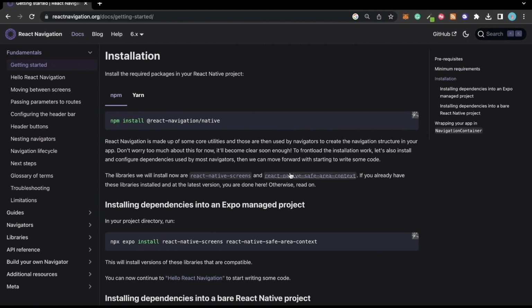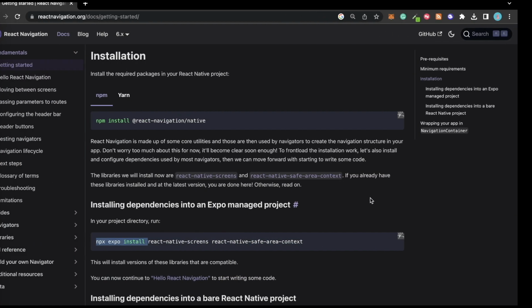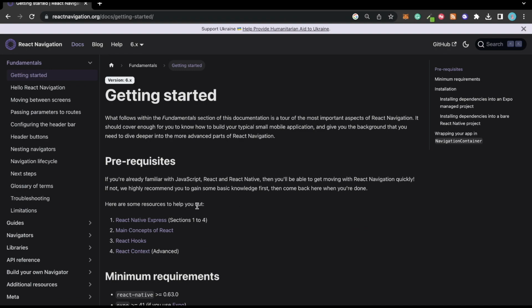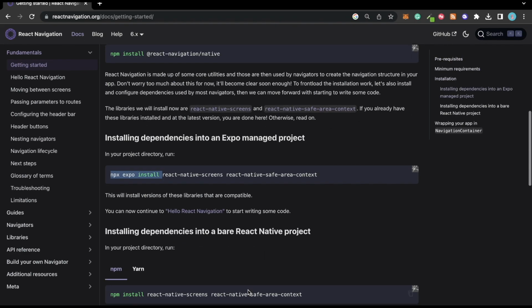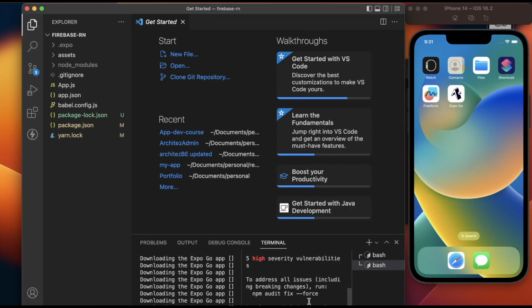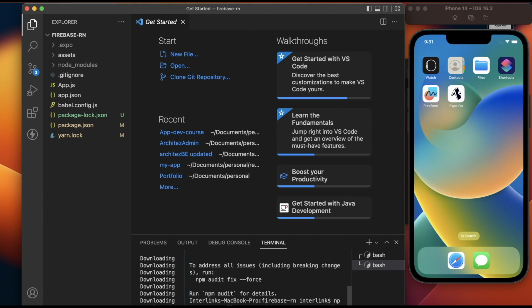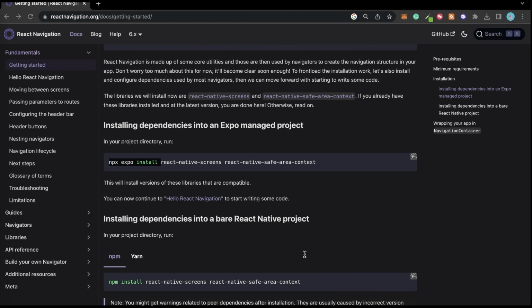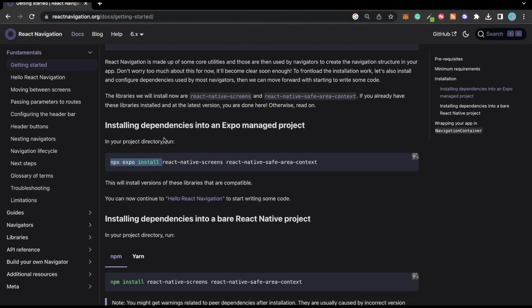So okay, yeah, we also have to install these libraries, and we are following the Expo documentation for it. And let's install the other packages as well. I've just copied and pasted it from here. So now we're installing these two packages,